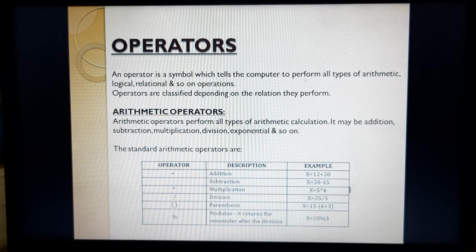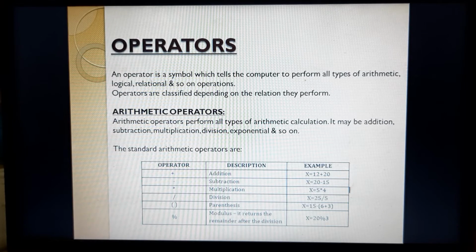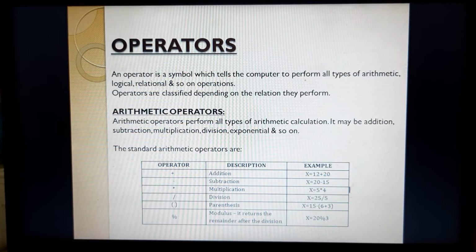Those symbols tell the computer to perform all types of arithmetic, logic, relational, and other operations. You may perform different types of operations with the help of these symbols, and whichever symbol we use to perform some calculation becomes an operator.